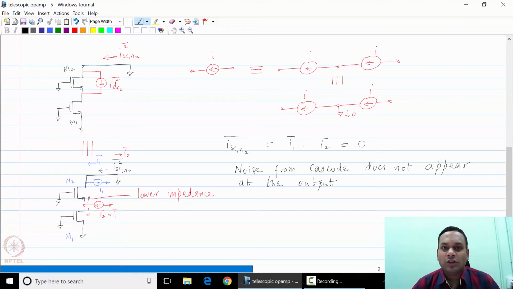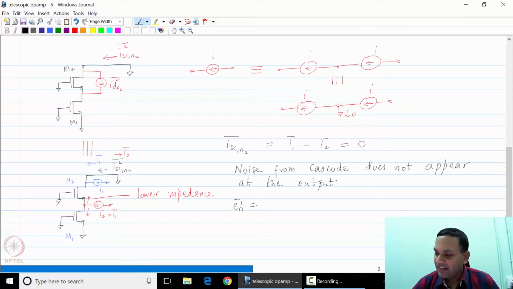So even though the cascode produces noise, its noise does not appear at the short circuit node. It keeps circulating inside the device, and eventually if you measure the input referred noise, you will find that the cascode does not produce any noise at all. So therefore,